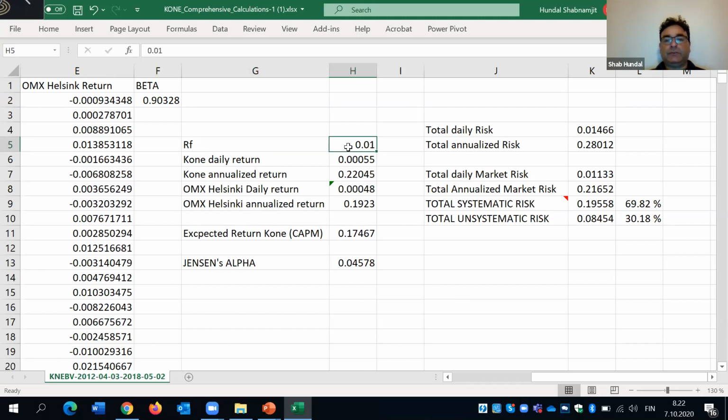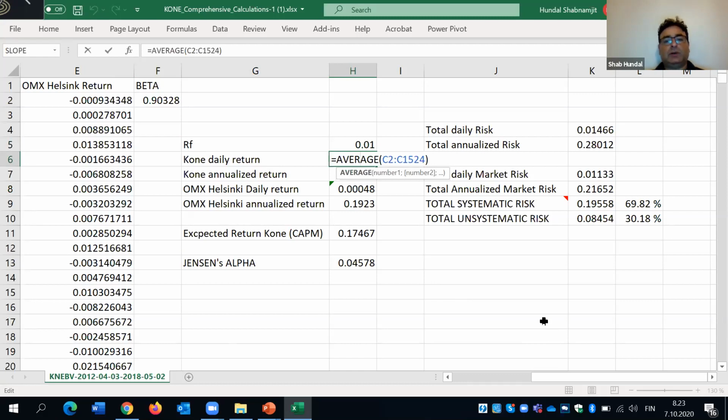You can get this from there, or depending upon which market you are in. Then the Kone daily return was this, and because I took 6 years, the total number of rows basically are